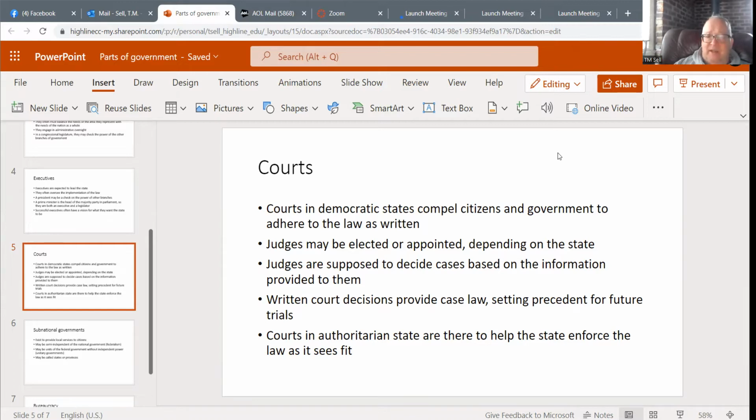In non-democratic states, in authoritarian or totalitarian states, right? Once again, the courts are just there to make things look legitimate, and two, they tend to be an active arm of the state, which is to say whatever policy the people who run the state want, well, the courts are going to enforce that. So you don't get fair trials under those circumstances. The courts aren't going to say no to the government. Oh, that's unconstitutional. That just doesn't happen. So in non-democratic states, it's just another part of the government. So now